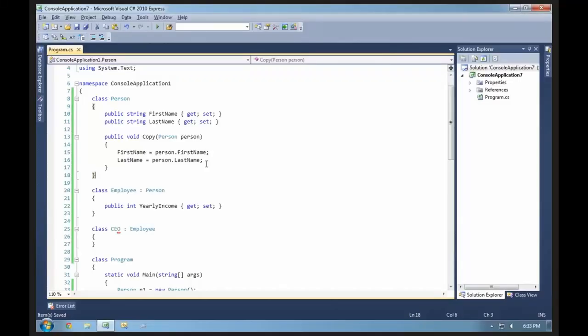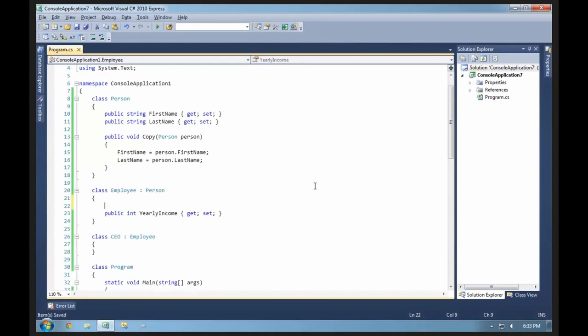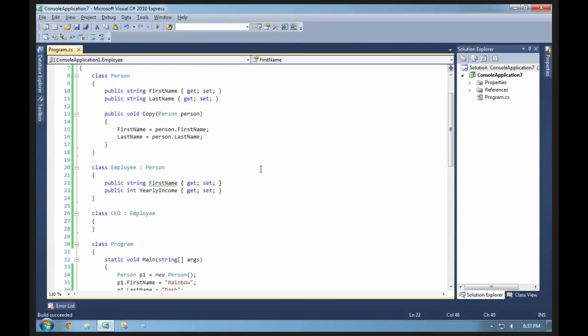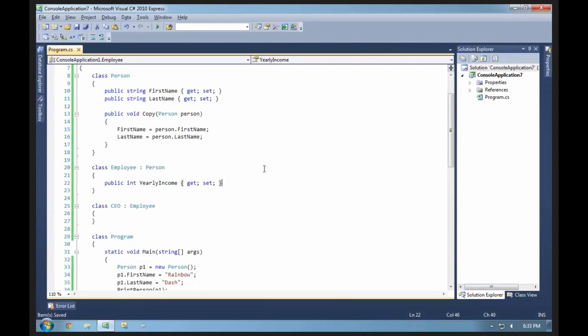What if I declare another first name property in the employee class? Good question. You get what's called hiding. Actually, I don't want to talk about it yet, because I just came up with an awesome way to explain hiding, but it goes hand in hand with override and new. So I don't want to talk about it before we get into virtual members.